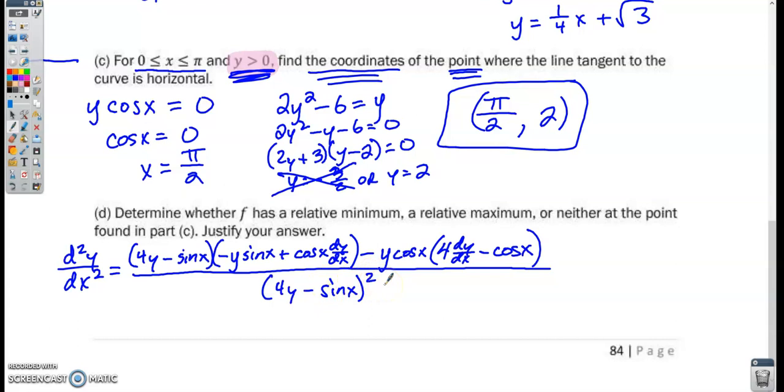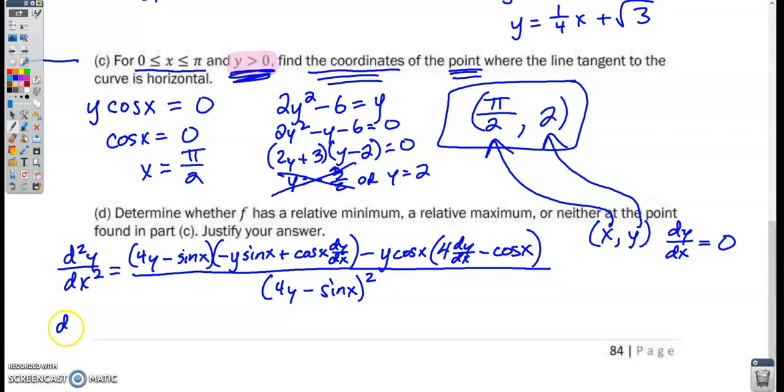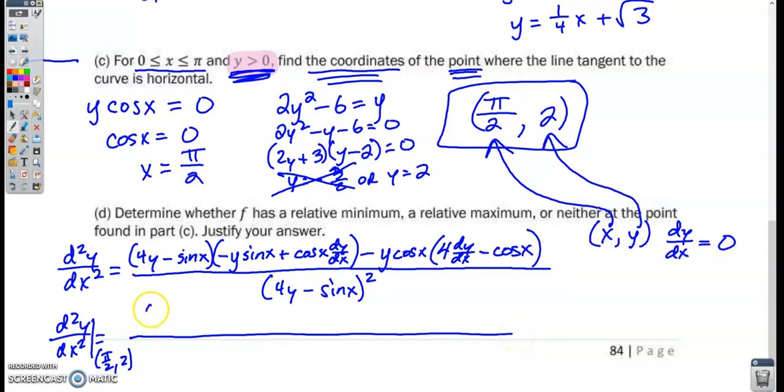All right, now we're determining whether this has a relative minimum, a relative maximum, or neither at the point found in part C. At the point found in part C, the x-coordinate is pi over 2, the y-coordinate is 2, and the derivative, since the line tangent to the curve is horizontal, that means dy dx is equal to 0. So if I evaluate this second derivative at this point, I'm going to just substitute all of these values into the second derivative equation. So 4y, so that's going to be 8 minus the sine of pi over 2 is 1,